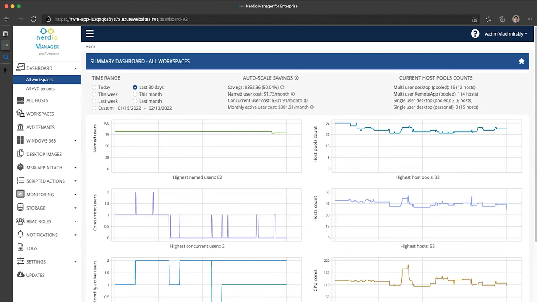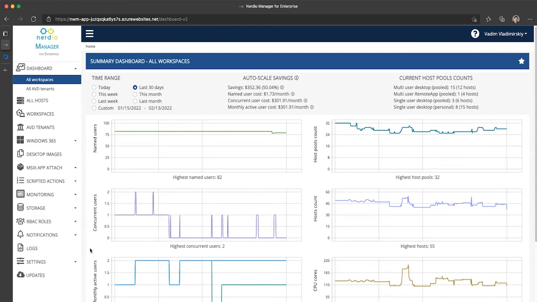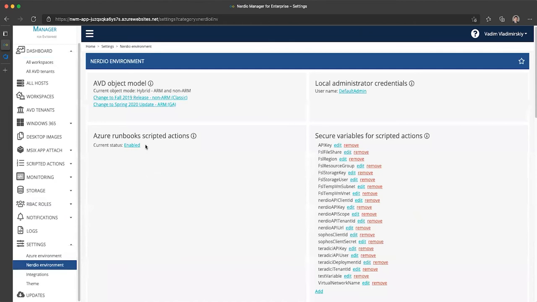To overcome this challenge, it is possible to set up something that's called a Hybrid Runbook Worker, which is a VM with a special agent that's installed on it, and then tell Nerdio Manager to run all of its scripts on that VM, or set of VMs, I should say, rather than in the public IP space of the default automation account configuration. And all you need to do from within Nerdio Manager is go to Settings, Nerdio Environment, and